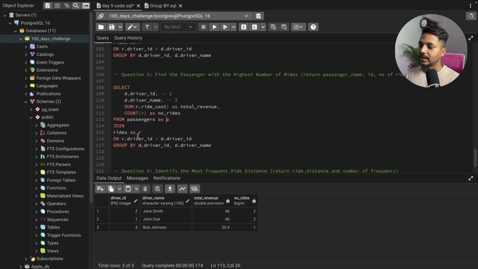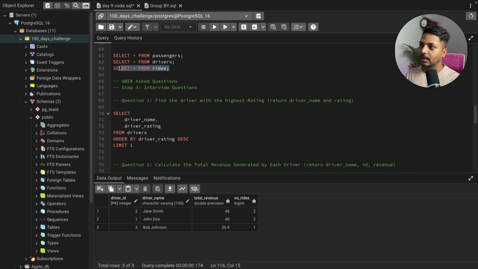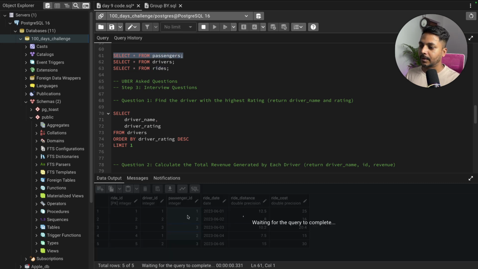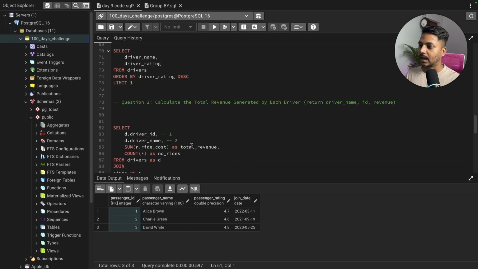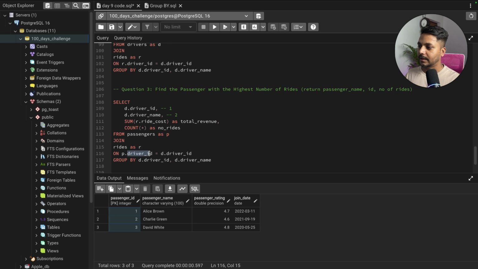P and ride table as R, and the join condition is going to be p dot passenger id, because if you see, both tables have a common column, that is passenger id. In the ride table, I hope you remember, we don't have the passenger information, but we have an id. Based on this id we can go to the passenger table and get the passenger name. That table has this passenger id and the name associated with it. So we can join this table and that table based on passenger id. So I'm going to say p dot, instead of driver id it's going to be passenger id as